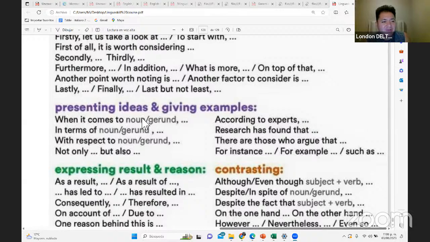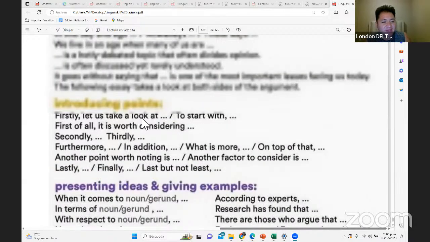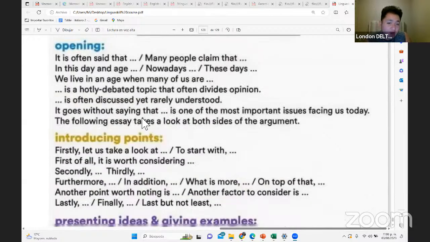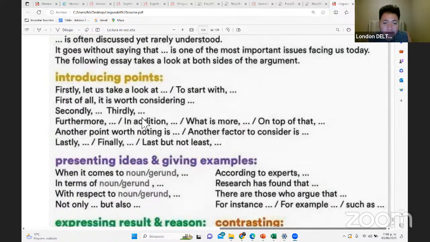What else could we say? One of these expressions, puedes decir, to start with my day, pues así para empezar. To start with my day, I wake up at 5 a.m. Secondly, I take a shower and then I go to work. Good. I always drink a coffee in the morning. Good. Daniela says, I wake up, de nuevo quizá aquí poner algo al inicio, como first of all, to start with,